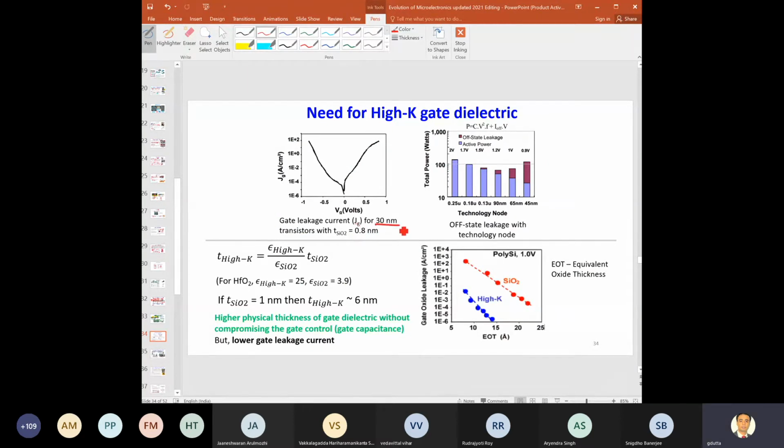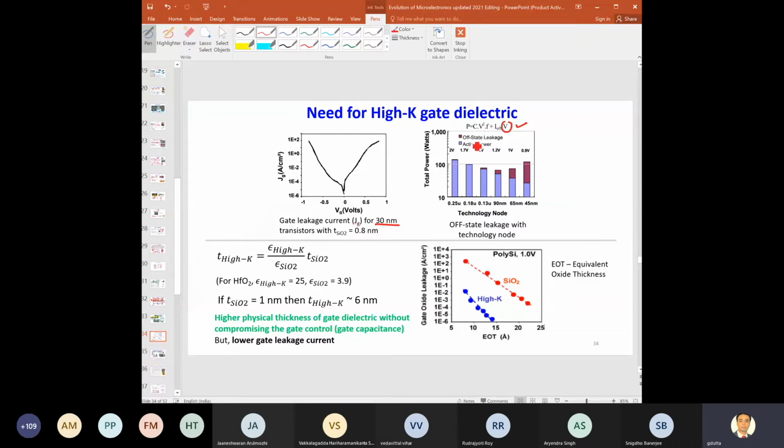This is for, I think, 30 nanometer technology. See the leakage current, from 0 to -1 and 0 to +1. So the leakage current is pretty high, right? If you consider the total power dissipation in a CMOS circuit, it is basically given as C V square A plus this off state leakage current times the supply voltage. We'll discuss this equation when we discuss CMOS.